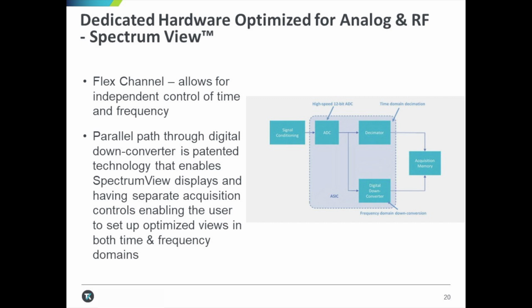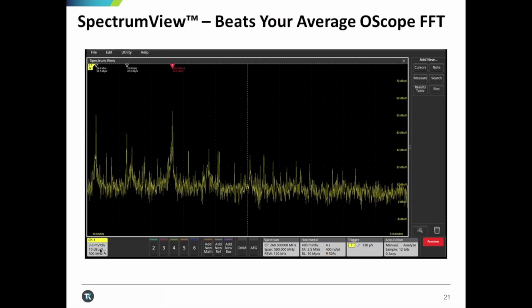As you can see from the block diagram, the channel's signal conditioning is shared, meaning that the analog characteristics, both bandwidth, attenuation, or gain, are shared between both domains. The A to D is also shared by time division multiplexing between both paths. So what this all means is a new, much more powerful way to debug and troubleshoot versus a